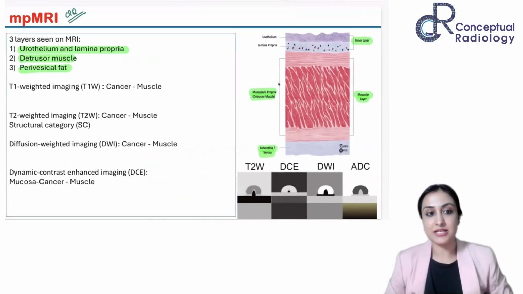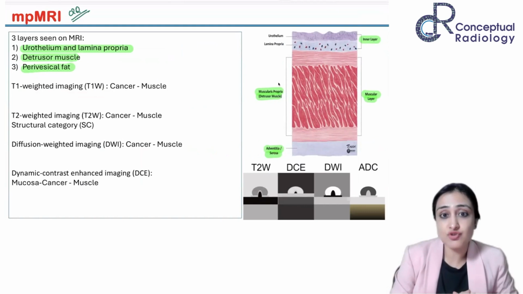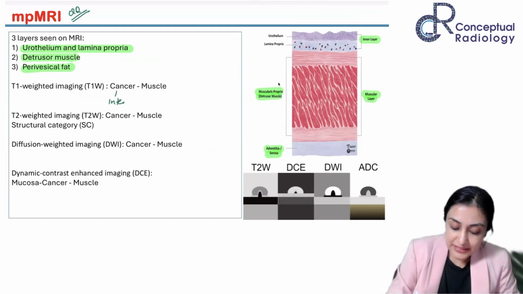Yeah. So now let's understand. Is T1 weighted really useful in bladder cancer imaging? It's not. Why? Because even cancer is intermediate signal